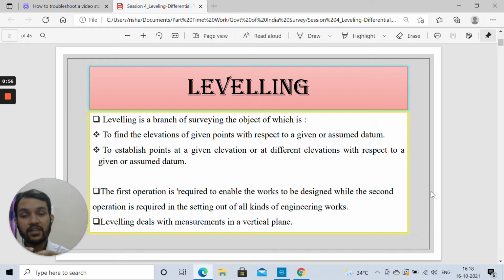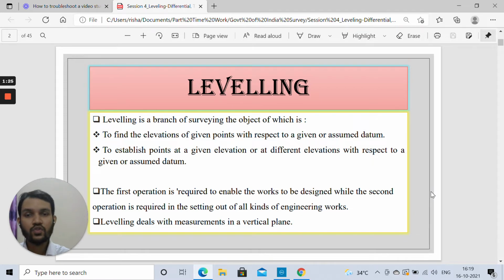If it is not known, then we consider its elevation to be a certain value, you can consider it equal to 50 meter, and with reference to that, you can calculate the elevation of all the other stations in the field, so that you can get an idea which points are rising and which points are falling. You can even get the difference in elevation of any other station. Between any two stations you can easily compute it once you have the elevations.